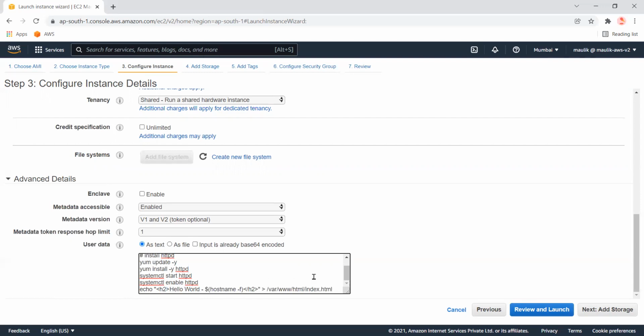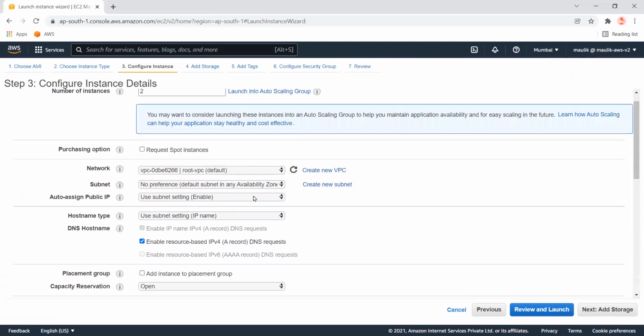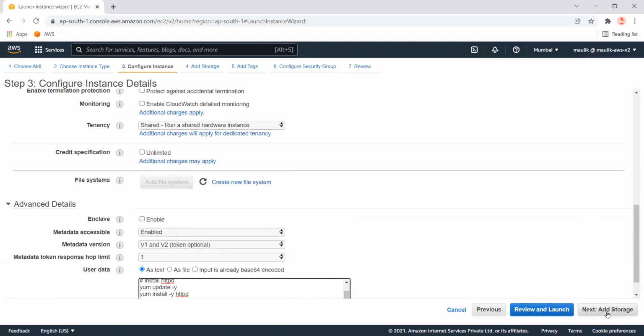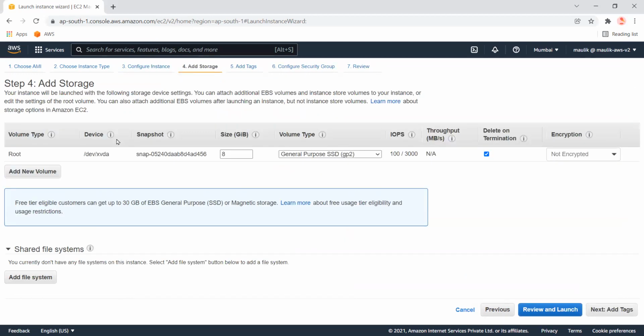It will be useful later to understand which server the load balancer is referring and transferring our request to. Now let's go to the next step to add the storage.